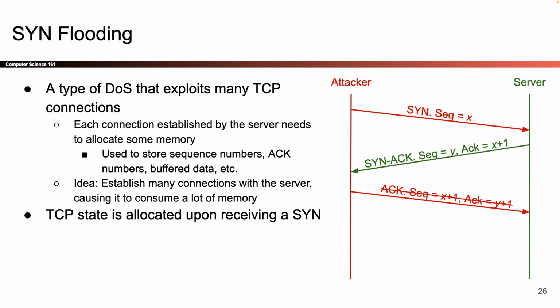exploiting asymmetry. So the idea is, if I look at this handshake, who goes first? The attacker is the one that goes first. And then when the server receives the response, the server is the first one to remember data. So if I look at this picture, the attacker says, I want to connect, here's my sequence number. And immediately upon receiving the SYN, the server's got to say, okay, I got a sequence number, time to write